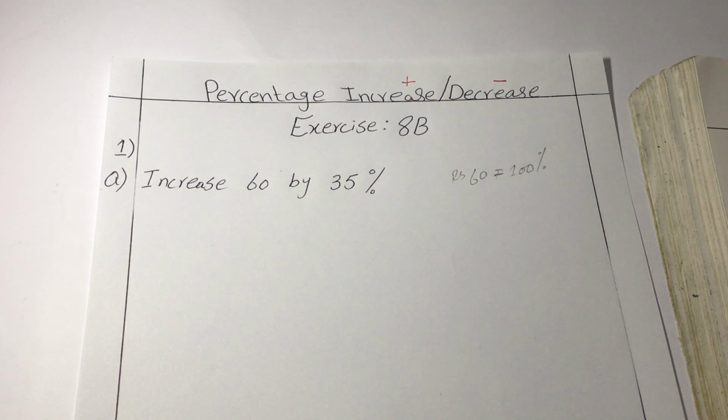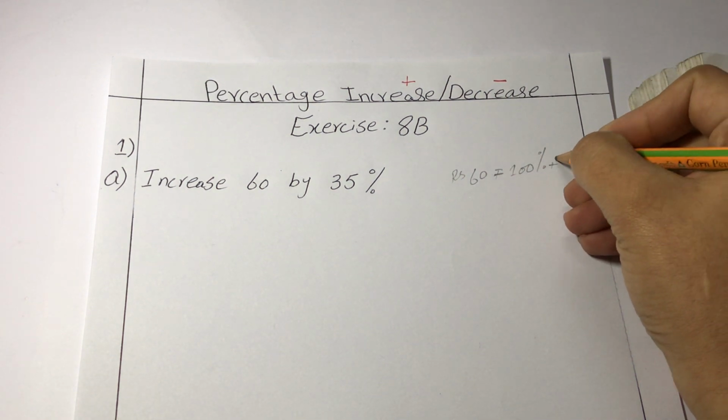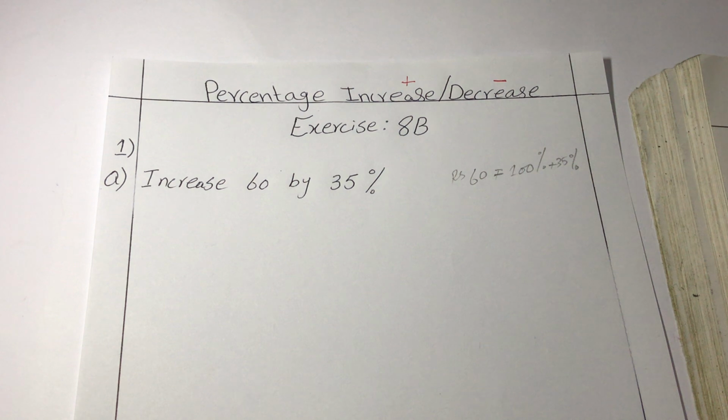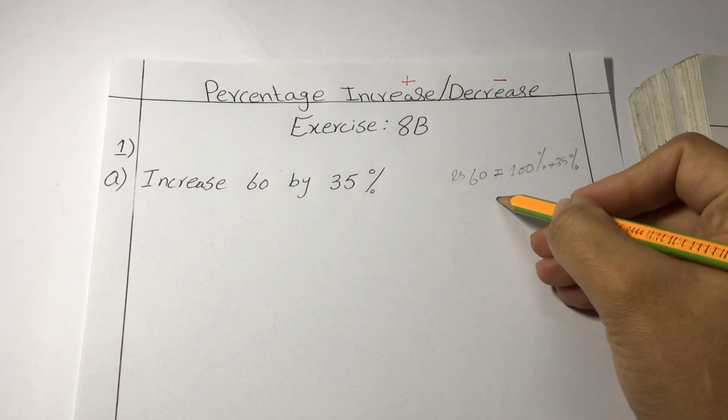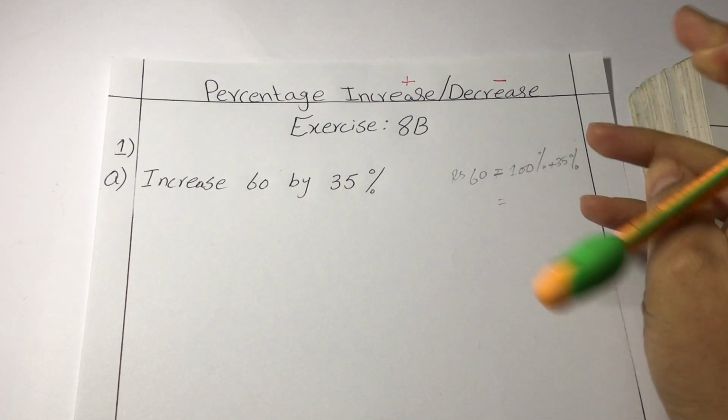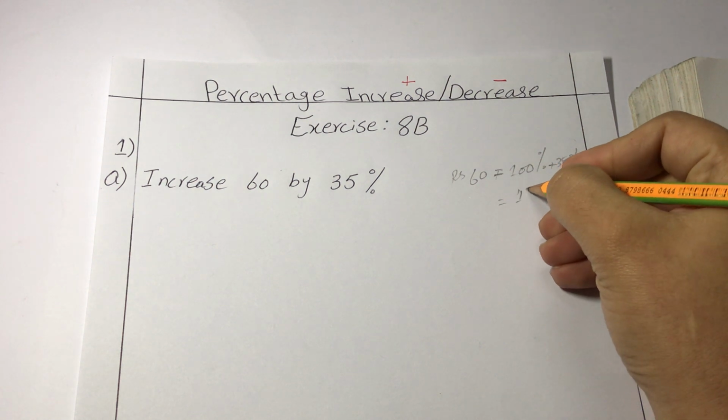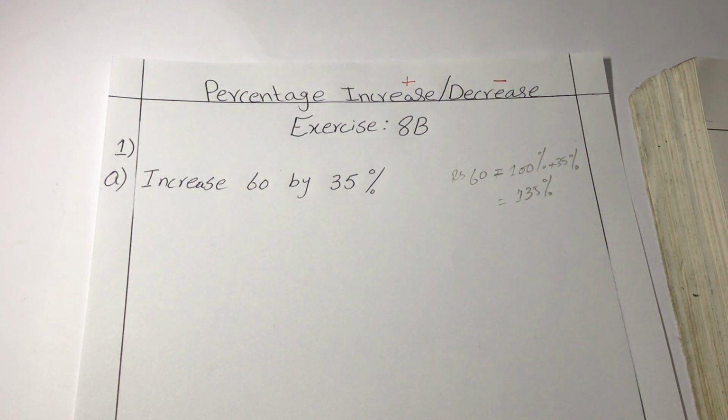And if they are giving you an additional 35%, what will you do? You will add that 35% to your amount. Now, how much amount do you have in percentage form? Yes, it's 135%. Now you need to know how much amount you have right now. If you are increasing 60 by 35%, you will now have 135%.